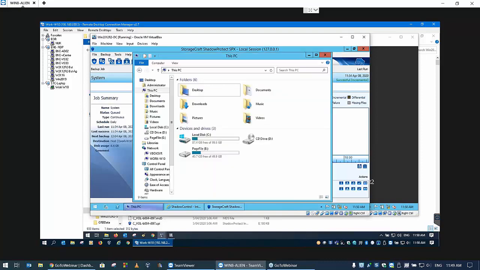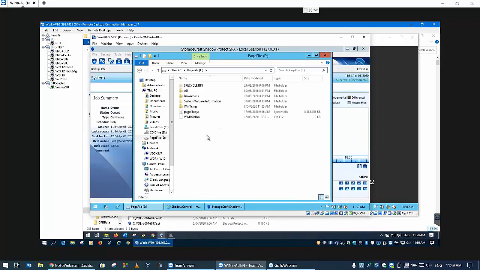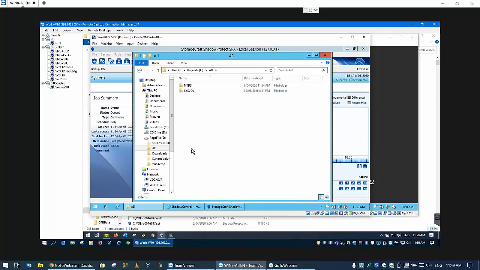Now, why did I do both volumes in the same job? Old habit of mine. Whenever I build a domain controller, my Active Directory never sits on the C drive. I've got a second drive. It's not a volume on the same physical disk or virtual disk. It is a second virtual disk, and I've always put AD on the second disk, because back in the days when we were running the first of Active Directory on a Windows 2000 box,